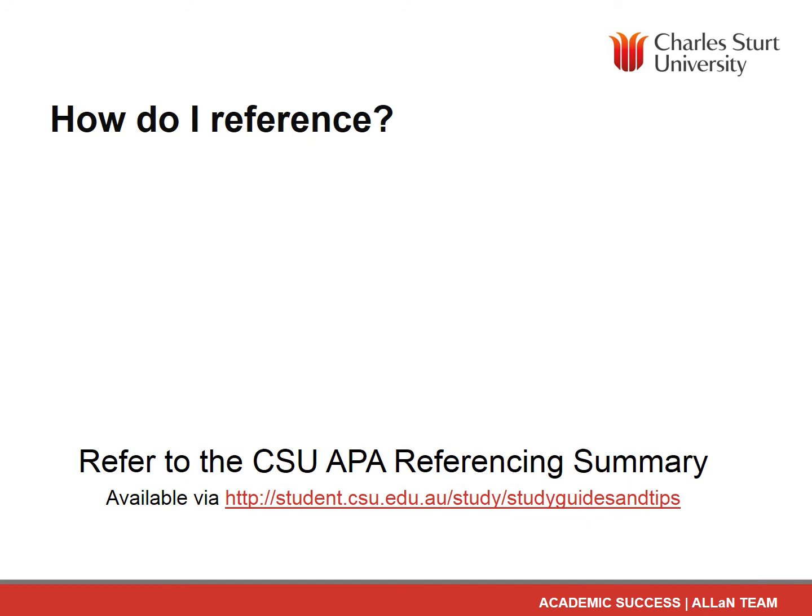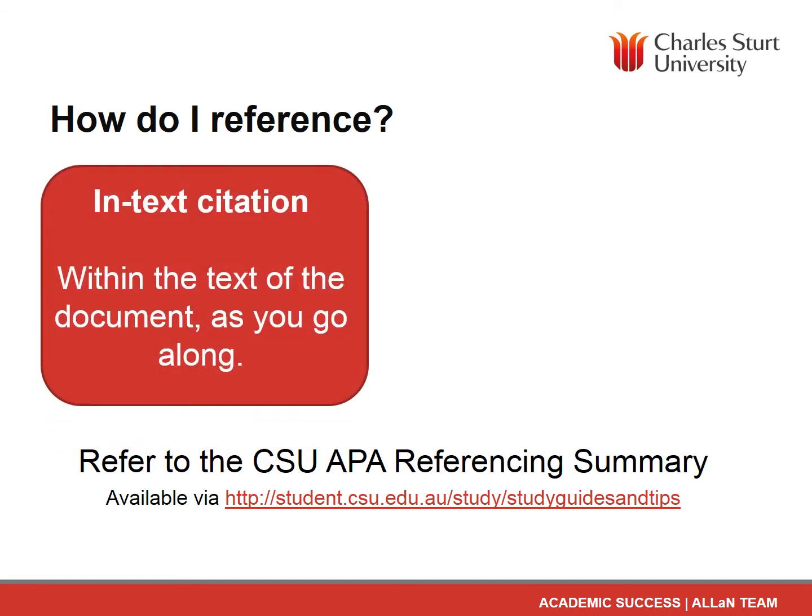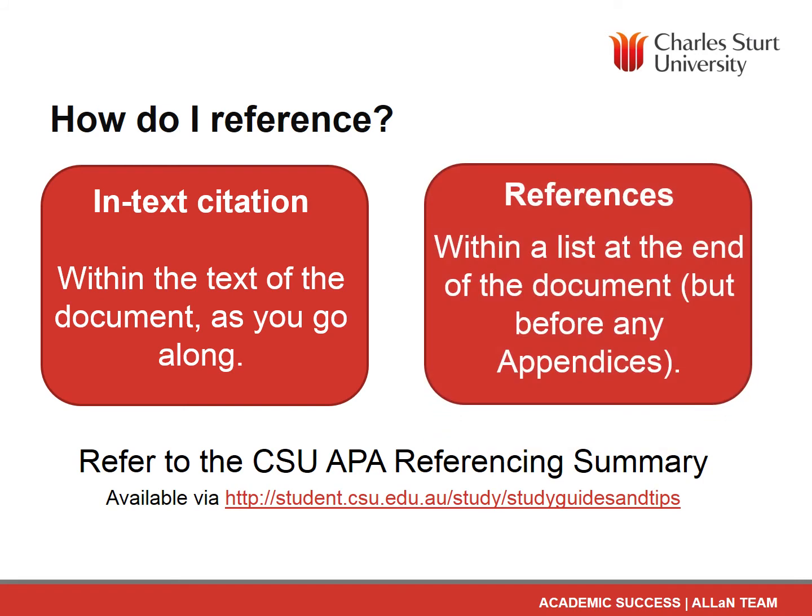You are required to reference each of the sources you use in two places within your paper. The first place is within your text, wherever you have included material from an outside source. This is referred to as an in-text citation. The author's name, the date, and usually the page or paragraph number are placed in parentheses alongside the sourced information. The second place is on a separate page at the end of your paper in a list entitled References.